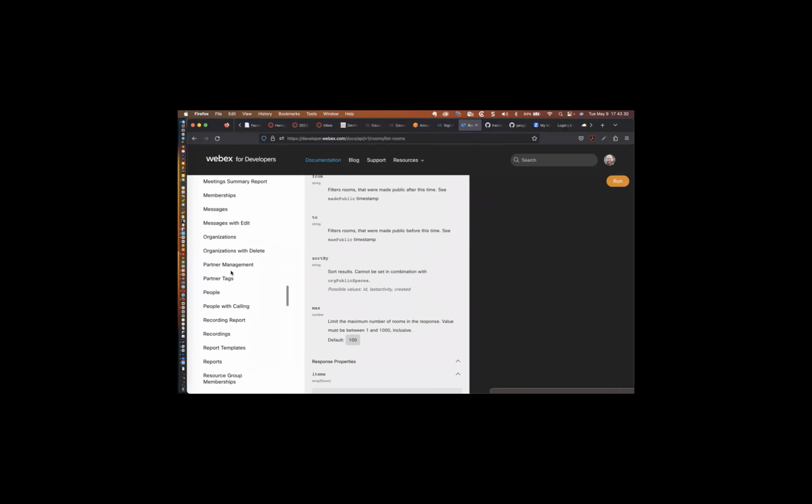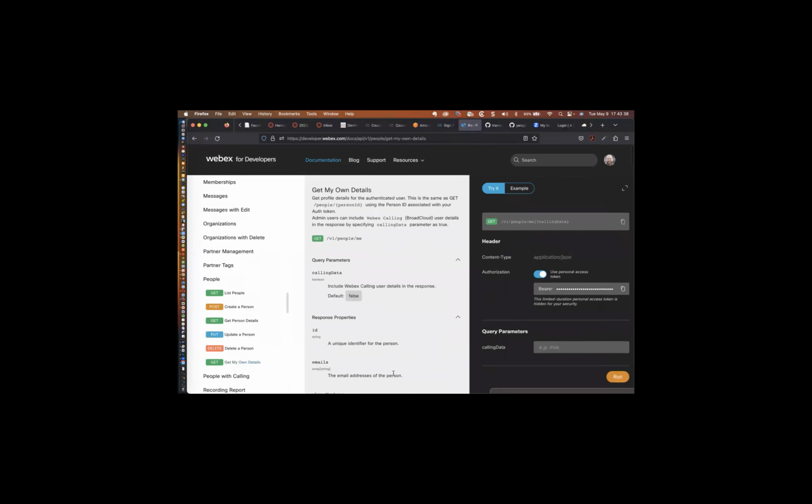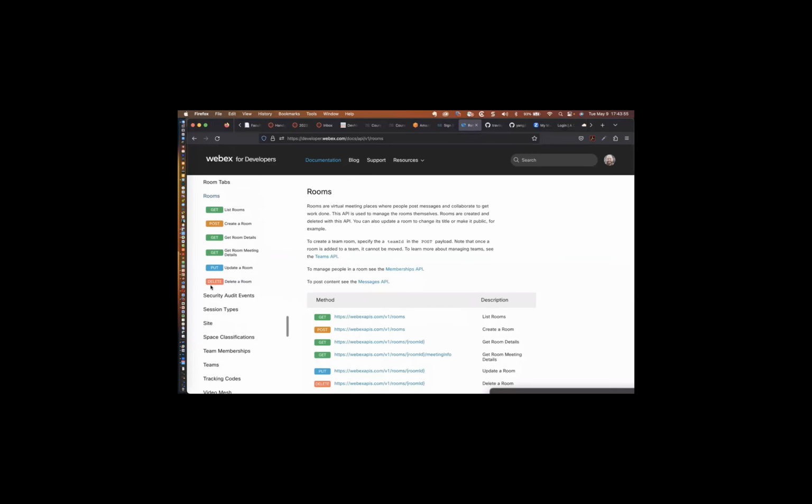Or you could look at people, right? And I think this is actually me. And this gives you your own details, right? So if there's a question about how do you get your details, then you could look at that here. So definitely come in and take a look at the documentation, because it's going to give you a really good idea as to